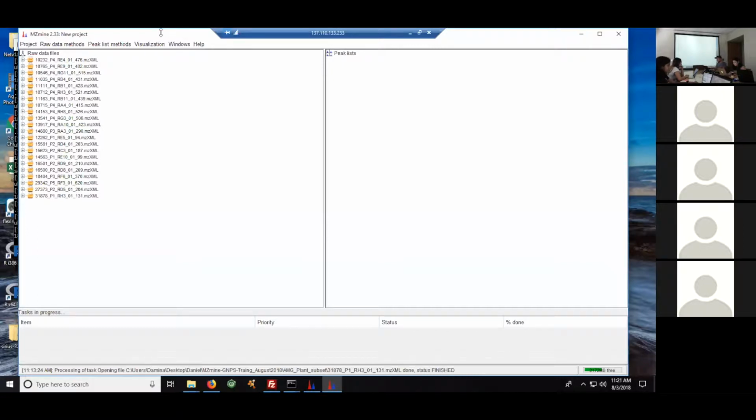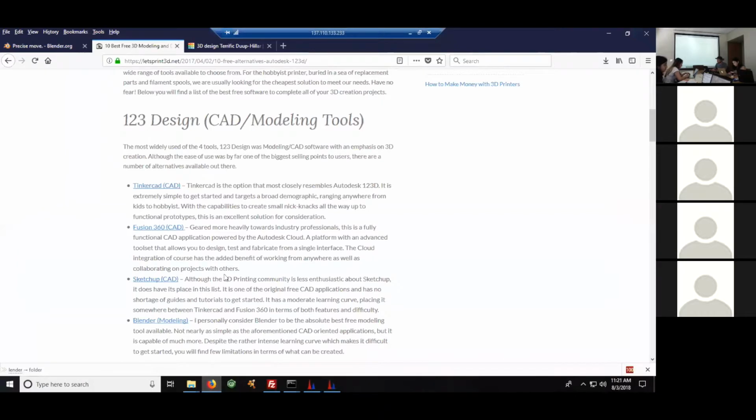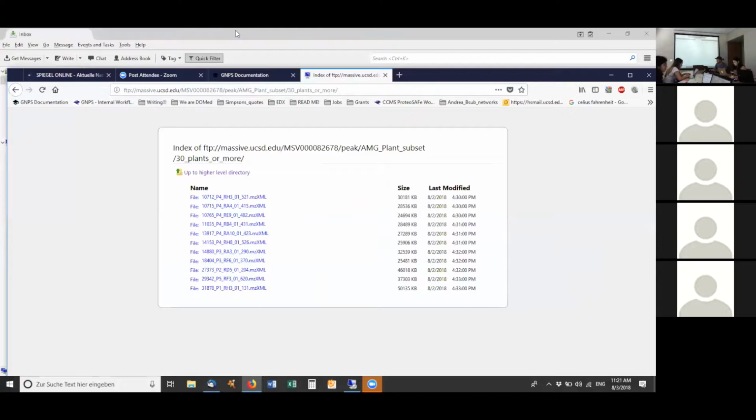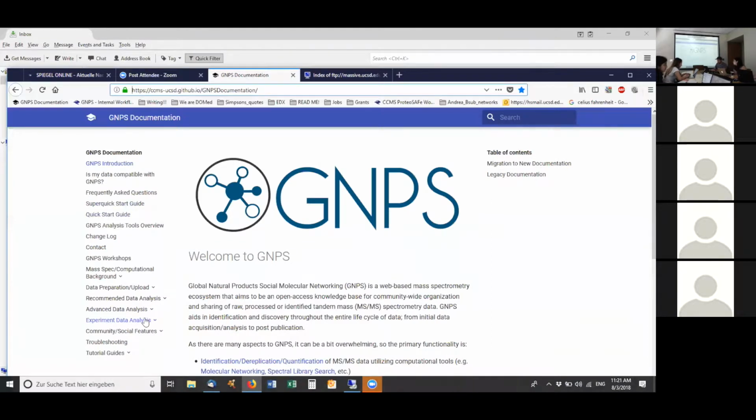So once you have the raw data in your MZmine window, the first thing we do is peak pick MS peaks in both MS1 and MS2 data. When you go to the documentation I sent you earlier, you can find a similar step. Let me just pull that up. When you go to experimental data analysis and then feature-based molecular networking, so when you click on this,